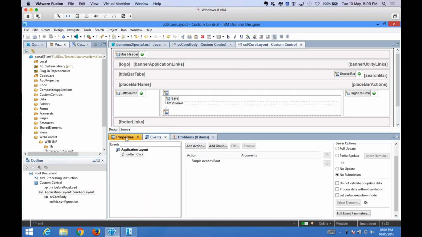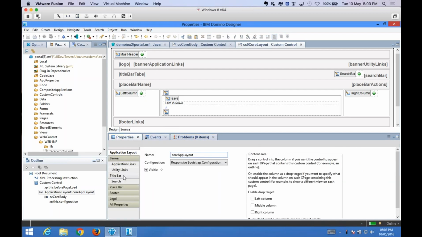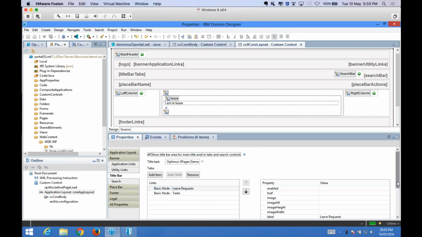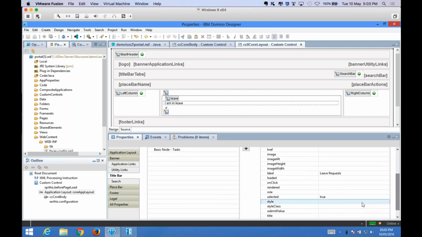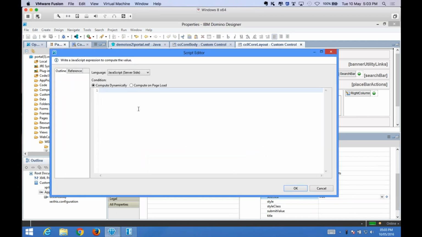What I can also do in our application layout control, in the title bar items, is I can now go and change this manual selection of true. I can change it to a JavaScript expression where it's only true or false based on app.appModel, which is a property of our application controller, .appName is the same as leave. And that will return a true or false value. And I can copy this,